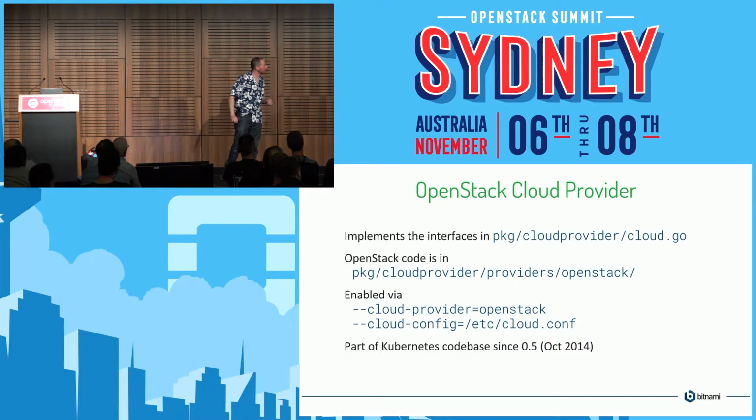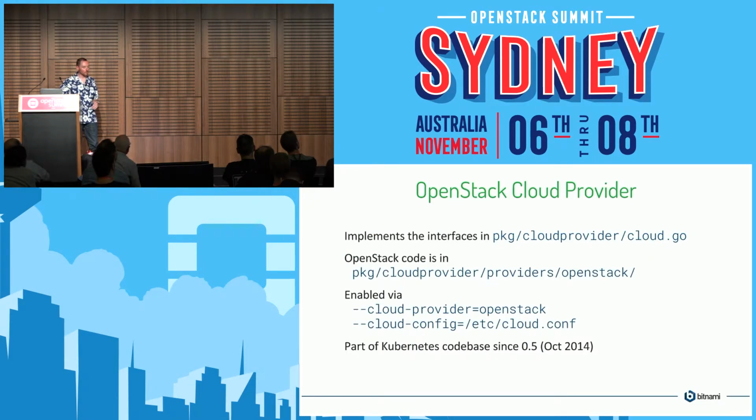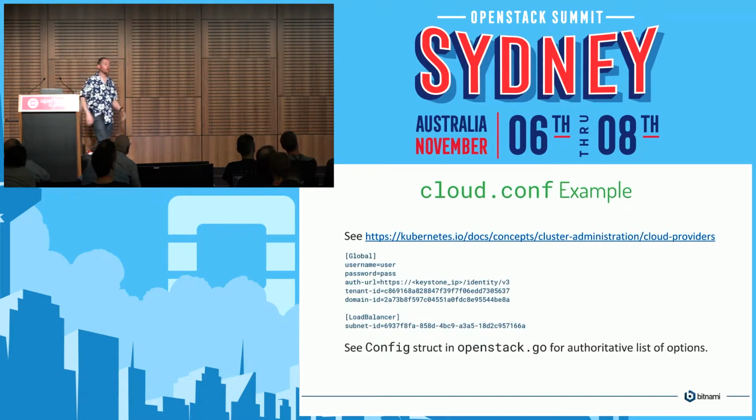And for the last 2 years, it's been a little odd. I sit in the Summit keynotes, and pretty much every keynote for the last 2 years has been something about Kubernetes on OpenStack. So it's a little odd for me to sit up the back there and say, that was my code, I wrote that. Now there's a whole team looking after it, but until the beginning of this year, it was pretty much just me. It was part of Kubernetes 0.5, so it's been there for a long time. It's been poorly documented because I'm not very good at documentation.